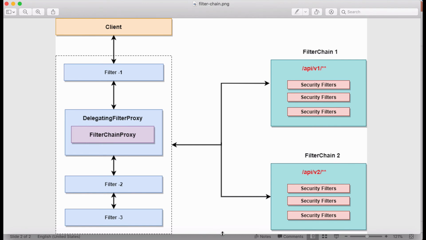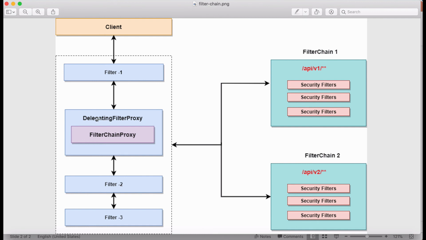This is what I was talking about on the earlier slide. We have a client, which can be anything: an actual customer hitting our web application, or a REST client trying to get some information from our application using the REST APIs. They will go to a certain filter chain, and one of them is the delegating filter proxy. If you see this line, it contains the filter chain proxy.